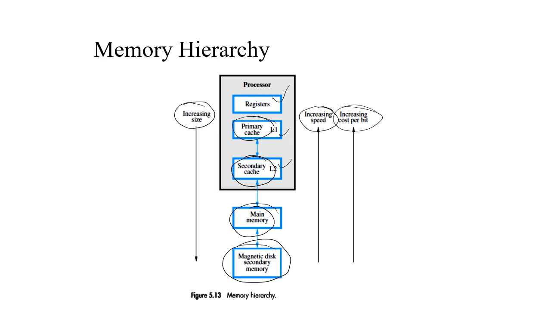The size of the registers is very small and their capacity is also very small. Whereas the magnetic disk is large in size, the capacity is also high, and the cost per bit is very low in the case of secondary devices, that is, the magnetic disk or secondary memory. Here we end with the different types of ROM that are associated with computer systems.